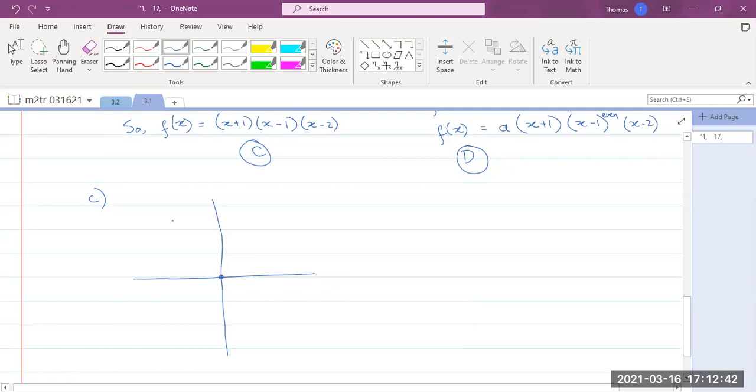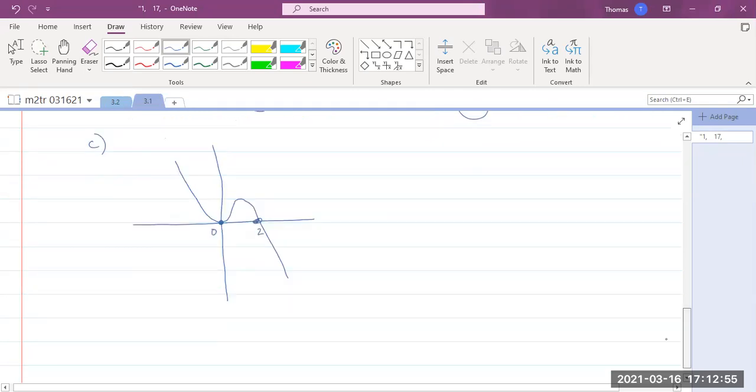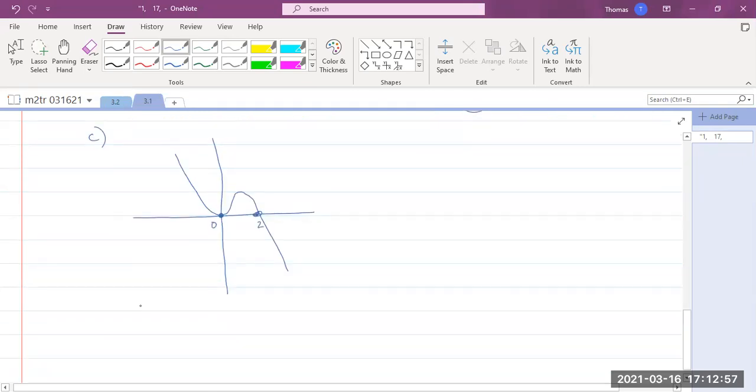The graph looks like this. So from there, we see the x-intercepts are (0, 0) and (2, 0). In fact, the zeros are